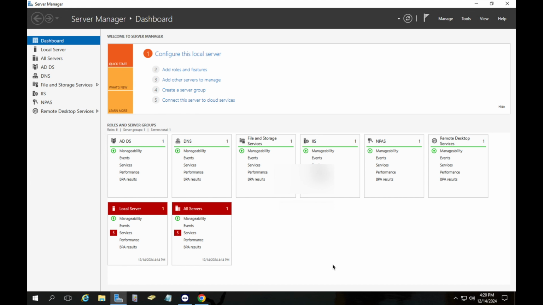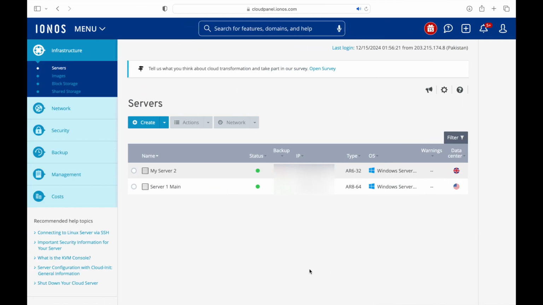Currently, I am on the IONOS web portal. Over here, if you can take a look, I have two servers. One server is our main server. This is the one that has all my data on it, and this server is going to be the Active Directory (AD) server. This server is my existing server containing all data, right? And that server over there